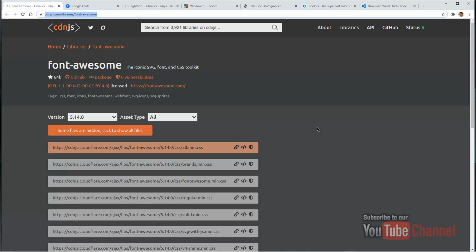I did download both of them, but I'm actually going to use the link in the HTML. Here you copy the URL. You press on copy URL, and once you've copied it,